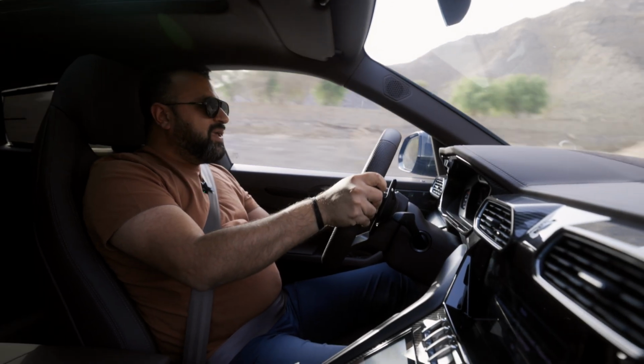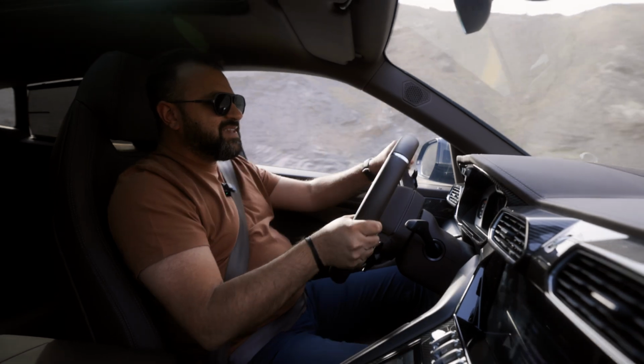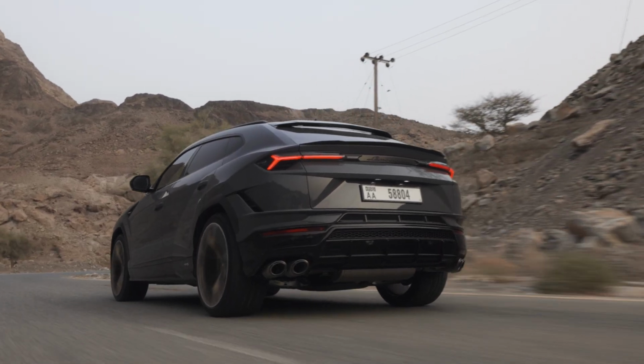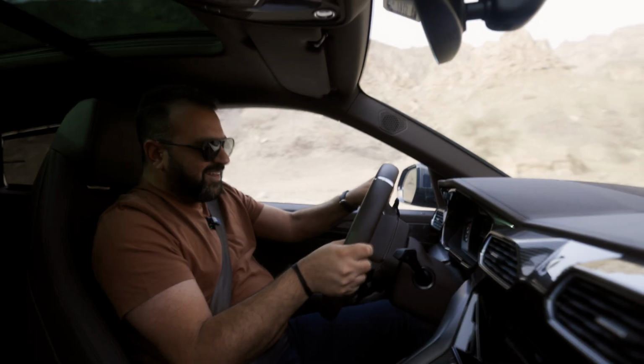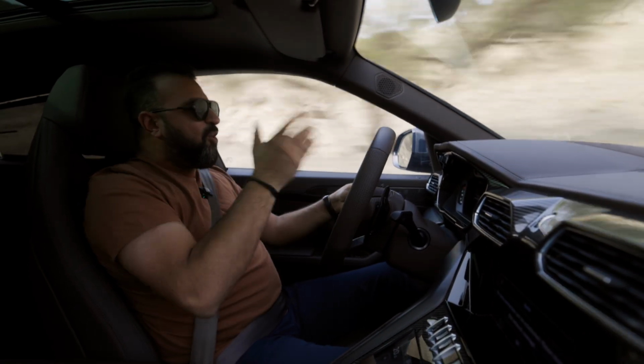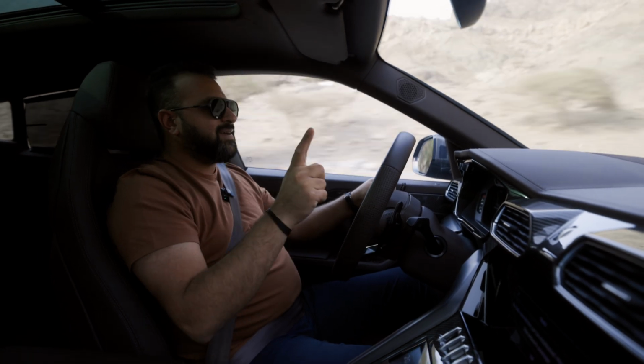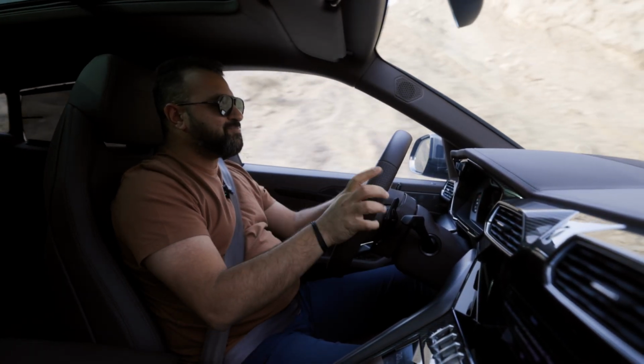You will be forgiven for mistaking this for a proper sports car. You will forget that this is a 2.2-ton SUV because it handles so well, it turns so well, it goes like a proper rocket ship. But my biggest problem with it is,